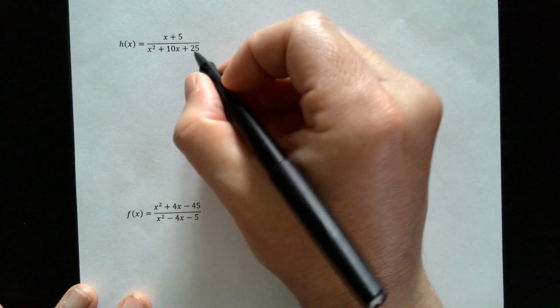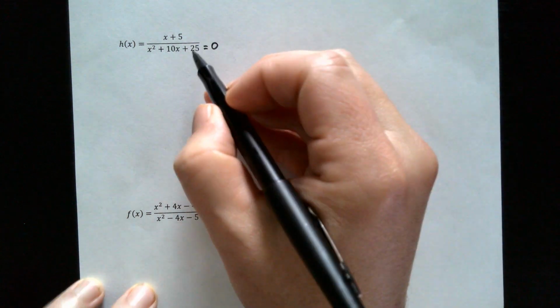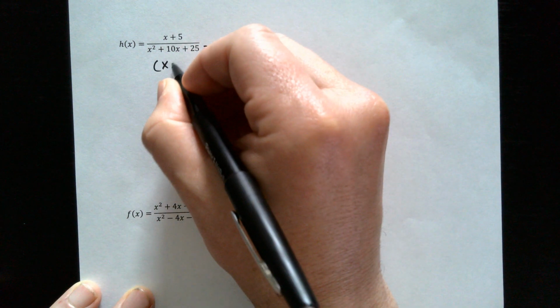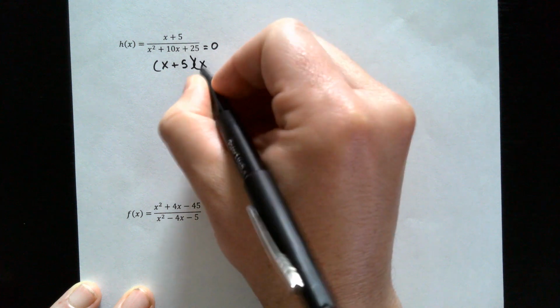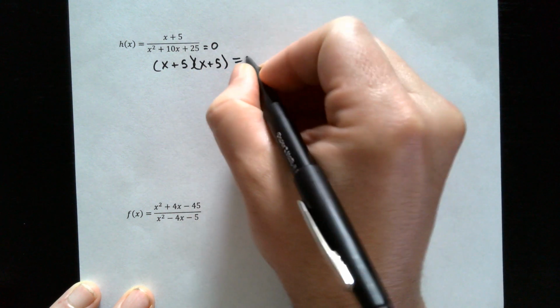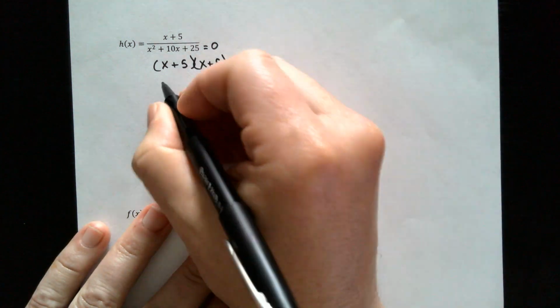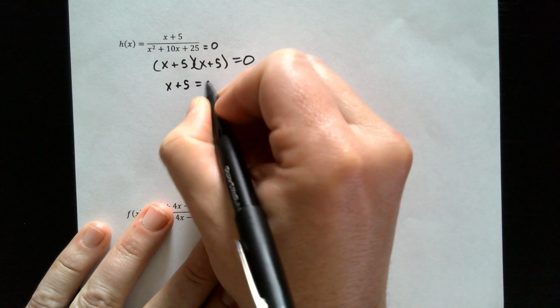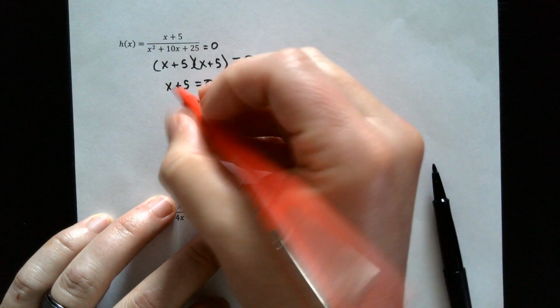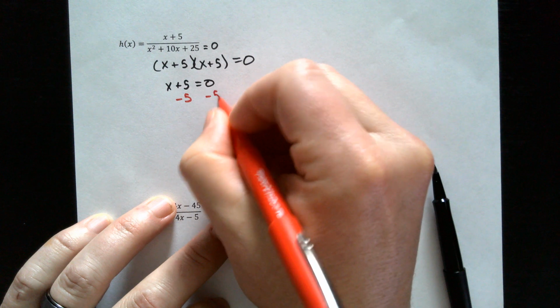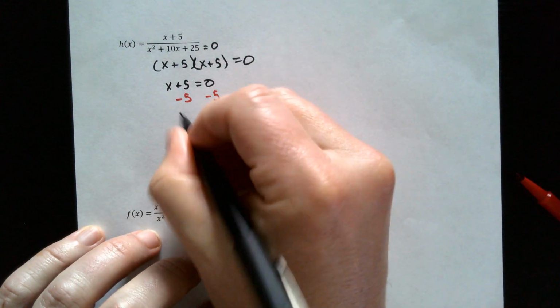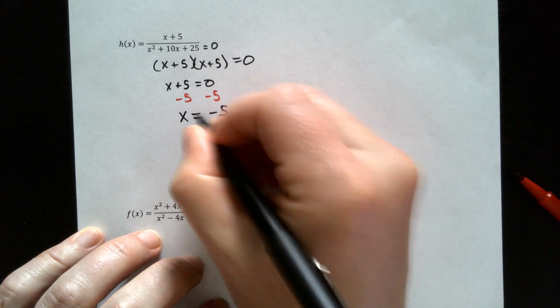So we factor this one because we're setting the denominator equal to 0. Looks like 5 times 5 gives us 25, and 5 plus 5 gives us 10. So this factors into x plus 5 times x plus 5 equals 0. Since they're the same, you only need to solve one, so x plus 5 equals 0. Okay, we subtract the 5 from both sides, and we get x is equal to negative 5, which will be